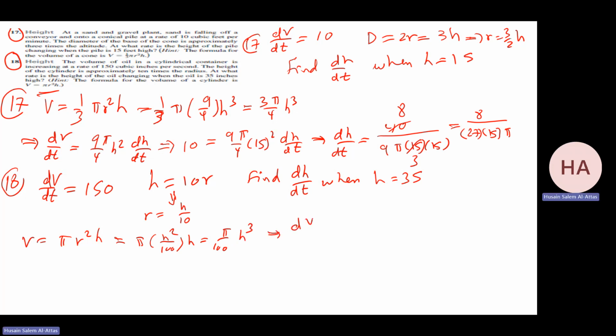So dV by dt will equal 3 pi over 100 h squared dh by dt. I know this, I want this. Now we plug in the numbers. dV by dt is 150 equals 3 pi over 100 times 35 squared